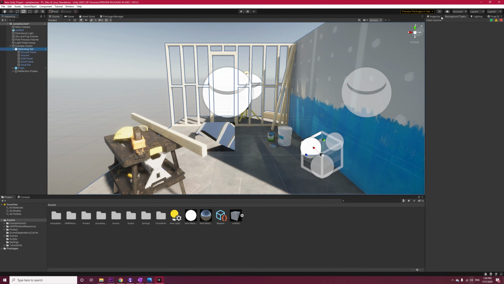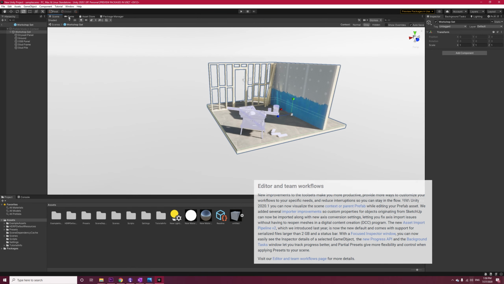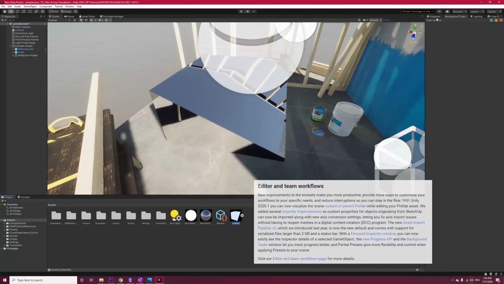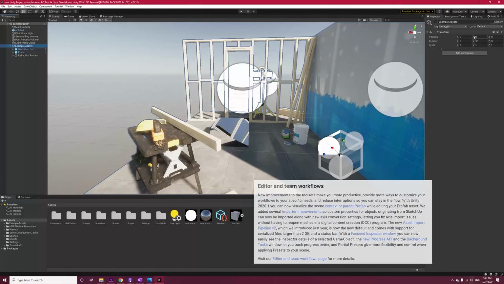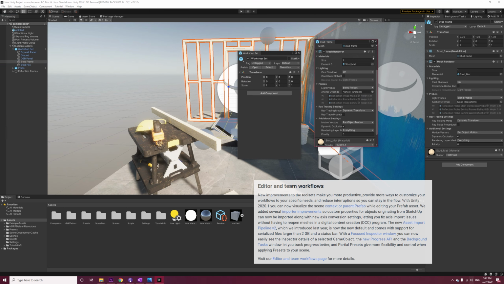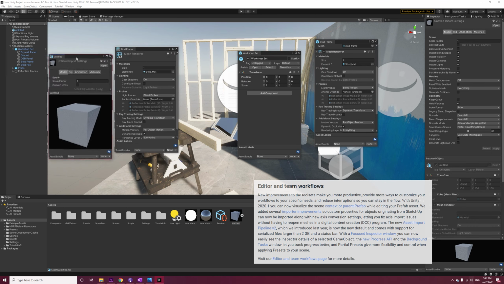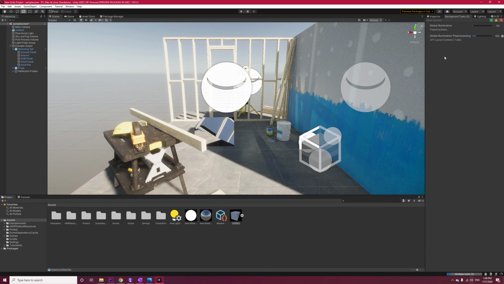Now there are some new tools for the editor. You can enter prefab edit mode in the editor without leaving the current context. You've got axis conversion for 3D models from SketchUp and asset importer updated to version 2. One of the tools that I think will make a huge time saving in scene editing is the focused inspector. There is also a background process window which shows all of the ongoing tasks that you can also use its